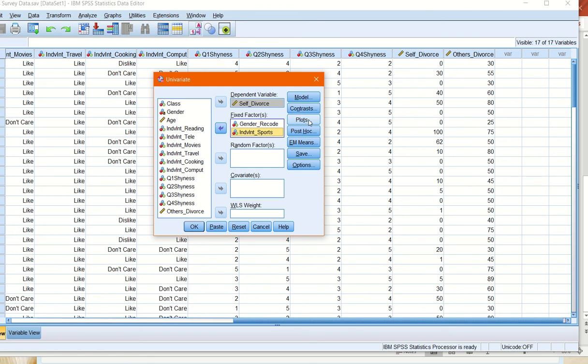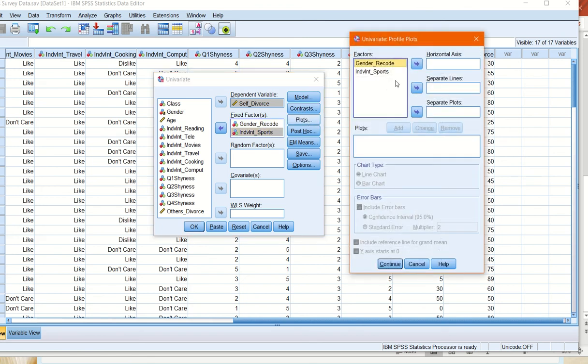So then click on plots, and we're going to place gender recode for our plots. We're going to chart this into the horizontal axis and the individual sports into the separate lines, and we'll add it here